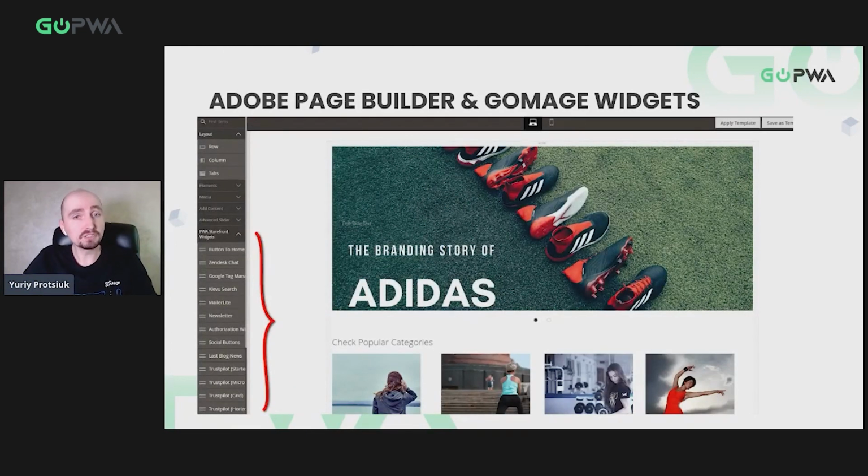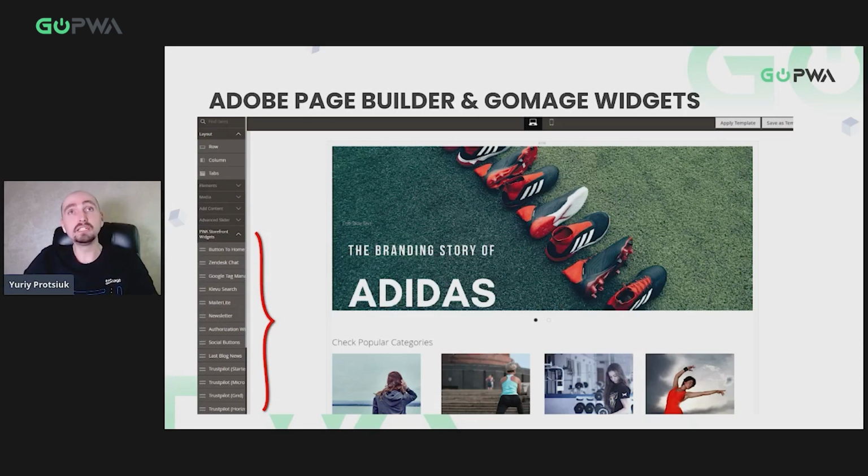We switched Page Builder tools with no stress at all and did not lose any piece of functionality along the way. And the best part is that with Adobe Page Builder being available now for both open source and Adobe Commerce, developers have almost limitless possibilities when it comes to creating a powerful PWA solution of any complexity for any client. Our upcoming stable release will have full Adobe Page Builder support for our widgets and the design management system. Potential is colossal.